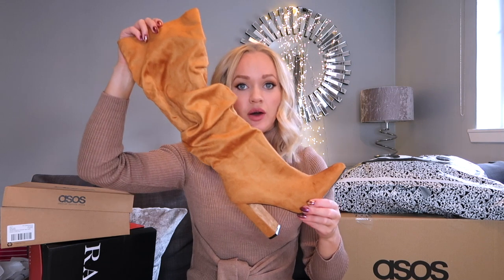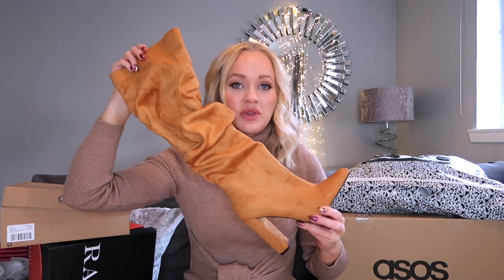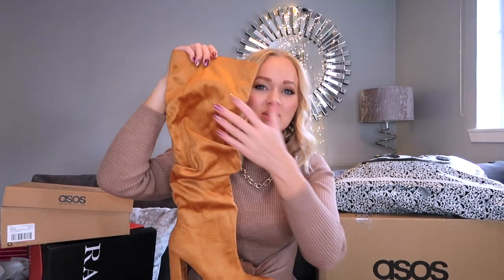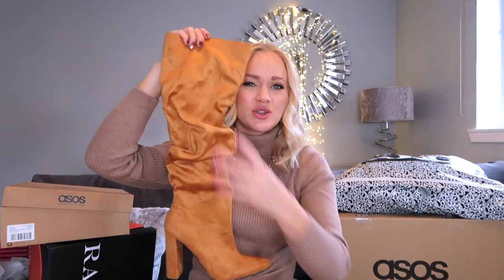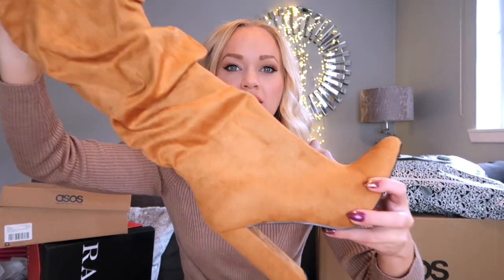Now the next pair of boots that I got, which I thought would go really well again with so much of the stuff I bought in this haul, are these. Oh my god, I don't actually need your help to decide whether or not I'm keeping these. ASOS, you are not getting these back. I just love the slouchy knee-high boot trend at the moment, and these are a faux suede,